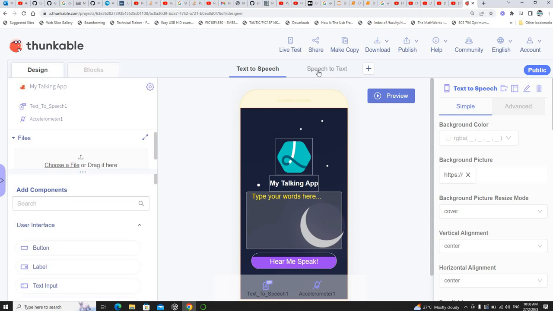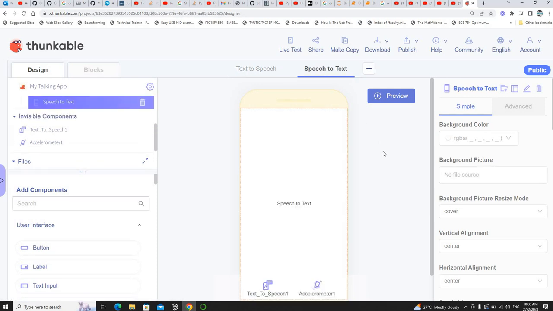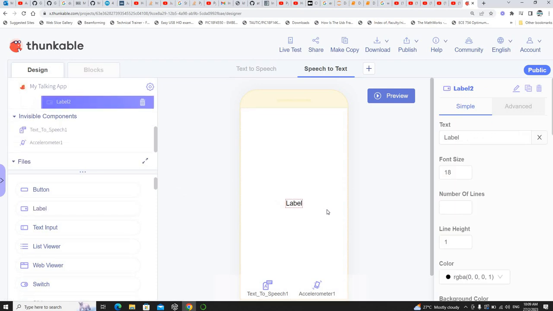So now we're going to try to work on our speech to text. So under speech to text, this is going to be the reverse. That means whatever we are speaking will be converted to text. So earlier the text to speech, now the speech to text. So under this speech to text, we are just going to have two components. Simple ones. So if you go to the component, we are going to include a label. Drag and drop a label. So this label we want to